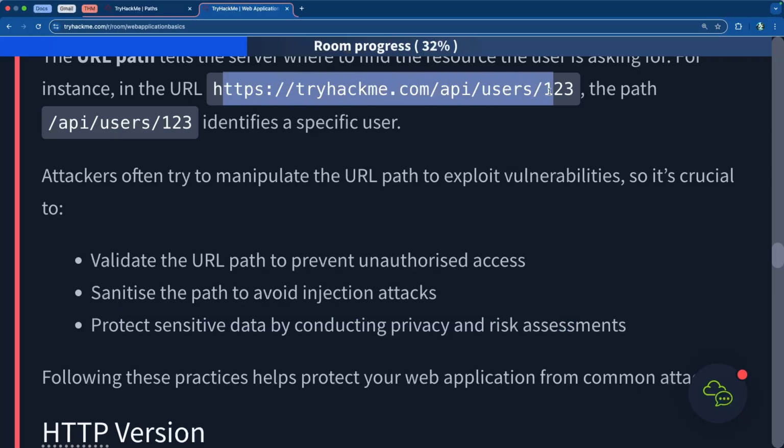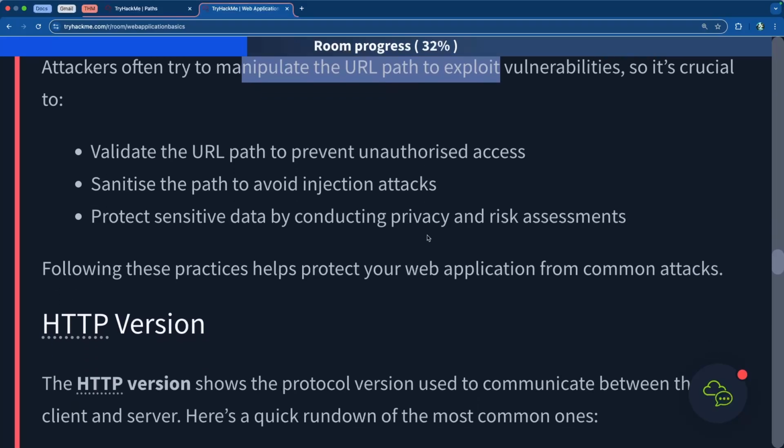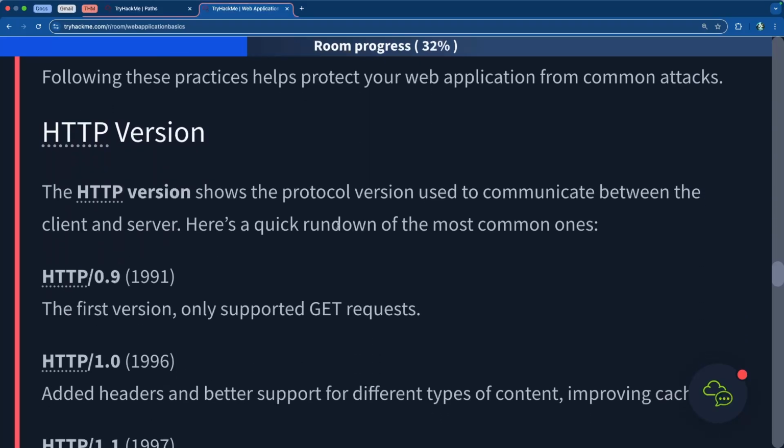So essentially what the attackers did was they would put an exclamation mark inside of the URL, and they were able to manipulate the URL so that if somebody clicks on it, they automatically capture the credentials of that user just by the user clicking on the link, which was insane. And it wasn't just an exclamation mark, after the exclamation mark they had the actual exploit inside of the URL. But that was basically a perfect example of what we were talking about here, where they manipulate the URL to exploit vulnerabilities. So the HTTP version shows the protocol version used to communicate between the client and the server, and